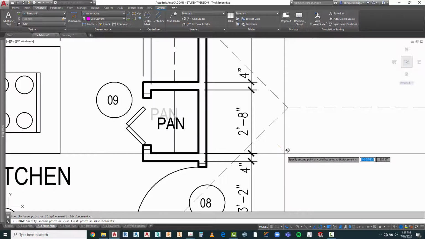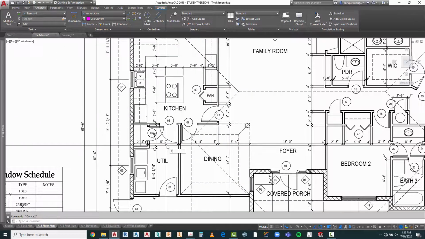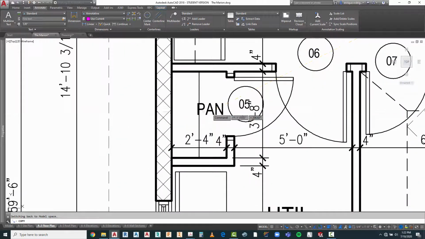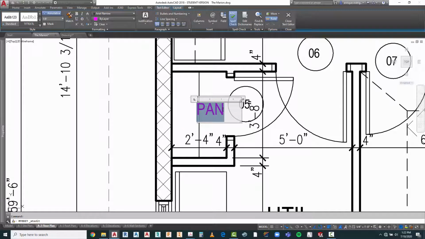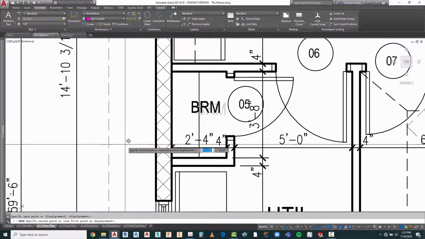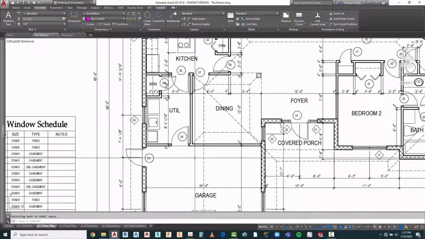So we've got something that's a little bit more reasonable in terms of the size that fits in there. Let's go ahead and copy that one and bring it into here. And we can put that one either as linen, or we can put it as broom. That would be BR, or M. Let's do that. BRM. Now, some of these abbreviations will vary from company to company,